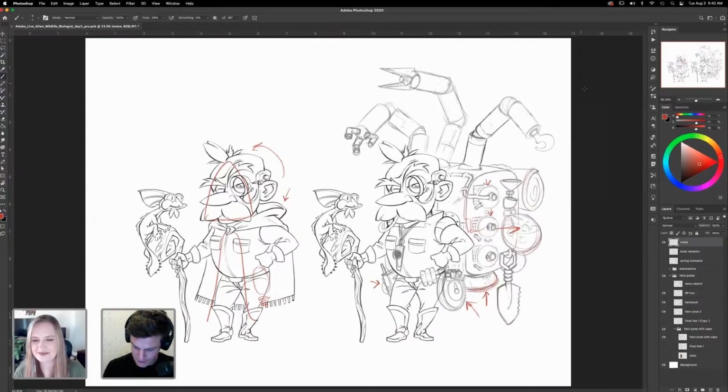So I'm going to go ahead and try to finish this up real quick, and then we can move on to blocking in color. And then I think I'm going to start, I've already started some expressions and some little moments. So then we'll move on to that and hopefully finish with that stuff.